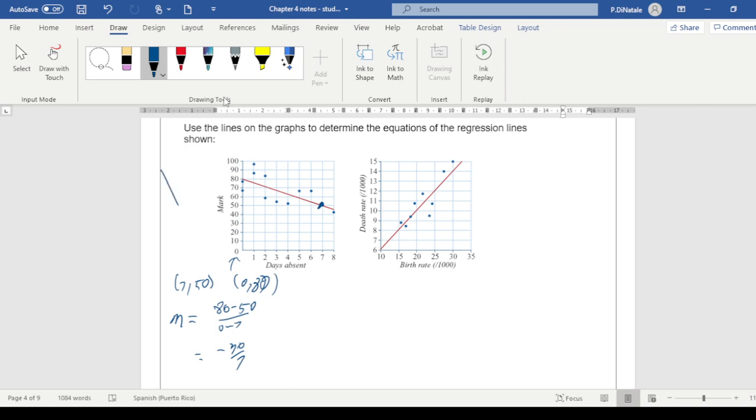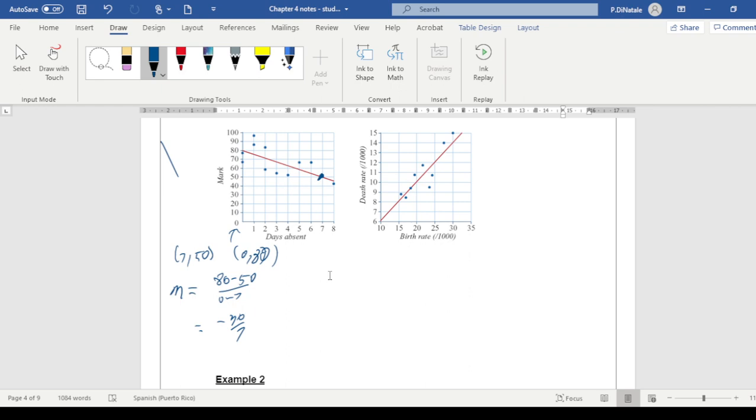So this rule here is just going to be y equals, now y is mark, so I'm going to be writing it as mark equals mx plus c. That's the rule we use, y equals mx plus c. That's what we're always used to. The calculator will have different rules, but it doesn't matter. So the m here times the x, days absent,